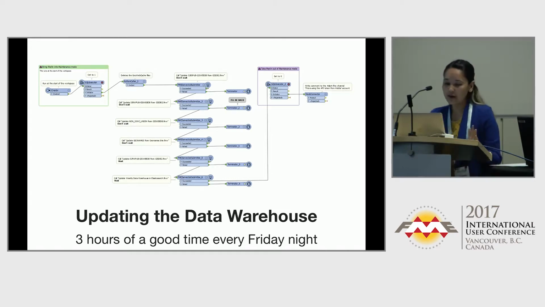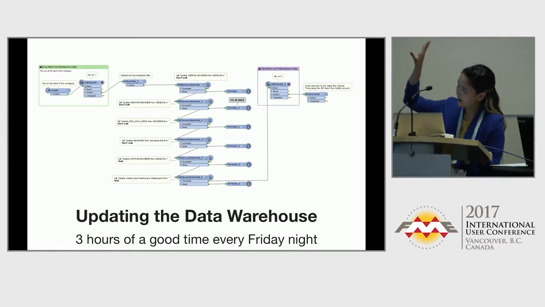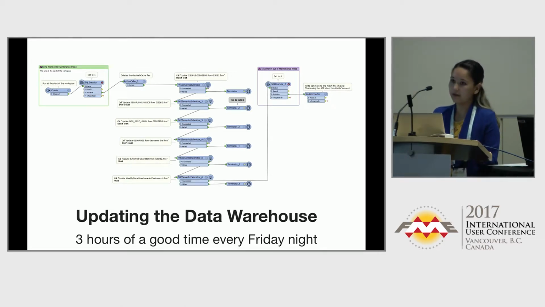And then, just zooming back out on the complete workflow, our data warehouse is updated weekly, in particular for our flagship web app called Merlin. And so the entire workspace is really just in that green bookmark at the beginning. We're putting Merlin into maintenance mode, so taking it offline so nobody's trying to look at the data while we're updating the warehouse. And then we go right into updating the whole warehouse, updating Elasticsearch. And then in the purple bookmark, we're taking it back out of maintenance mode. And the whole thing takes about 3 hours every Friday night, and for the most part, doesn't require any effort